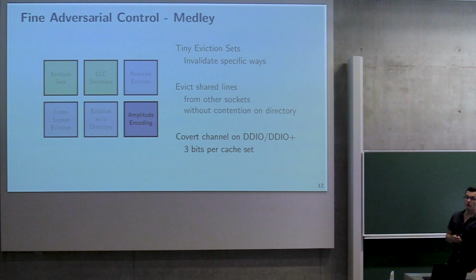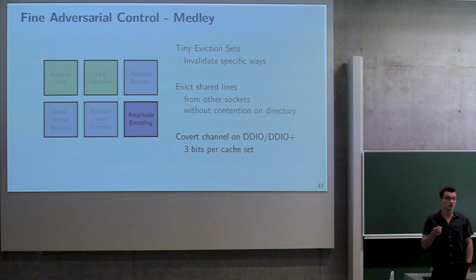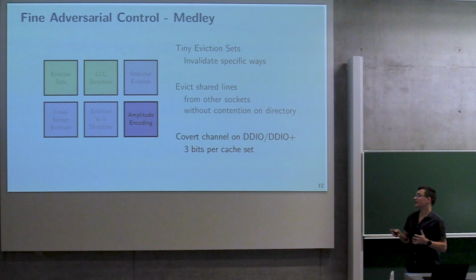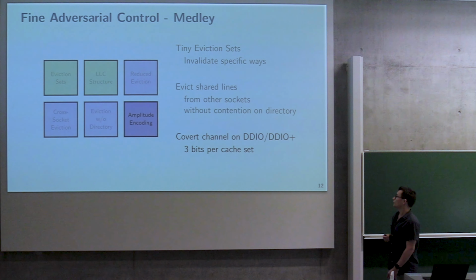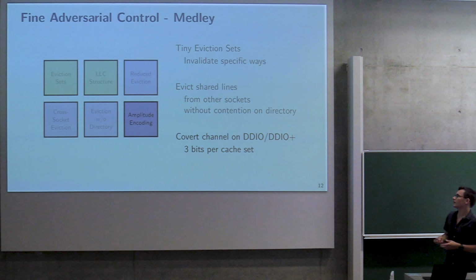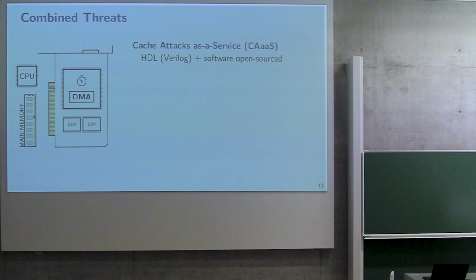This is also new. And this revealed some interesting cache transactions that we exploited in an end-to-end attack on AES. And finally, we also implemented a fine-grained covert channel that encodes information in how many lines are being evicted, which is also something that hasn't been shown before. And we also encode this in the DDIO. This is again this fine-grained control over the set that we use there.